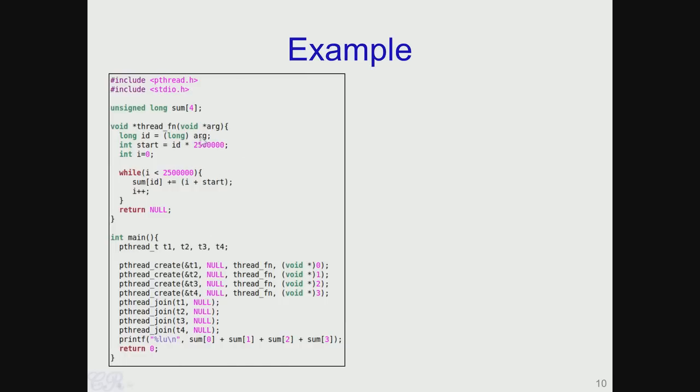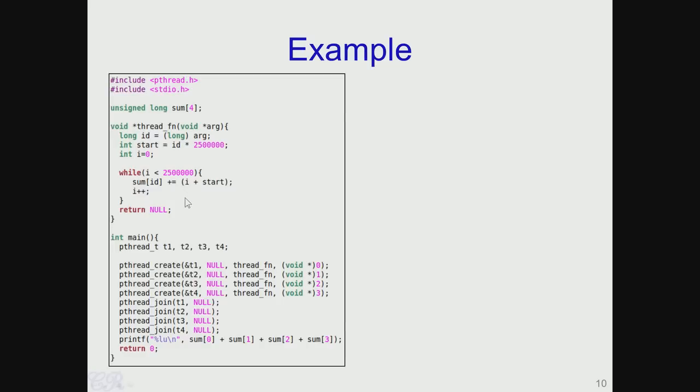So, this arg value is then typecasted to ID, and then it is actually used to determine the start. So, start is then used to determine which of the 2.5 million numbers the particular thread should add. For instance, if the arg passed to a thread is 0, then the value of ID after typecasting is 0, and the start value would also be 0. So, this thread with the ID 0 would add the first 2.5 million numbers, that is the numbers from 0